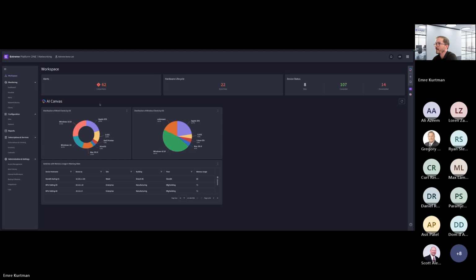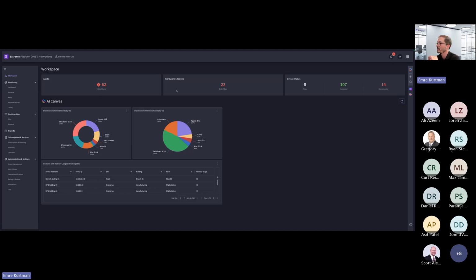So again, I know that some of you are seeing this for the first time. That's why I want to do a brief introduction before I dive into some special use cases with AI. So this is the workspace. It's basically the landing page of Extreme Platform One, and we wanted this landing page to be AI driven.